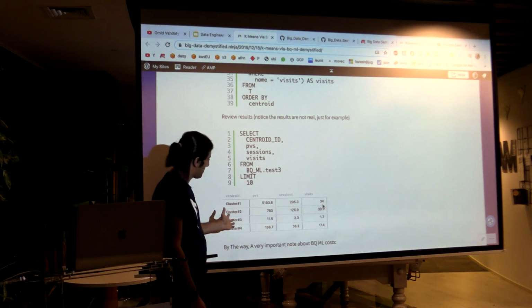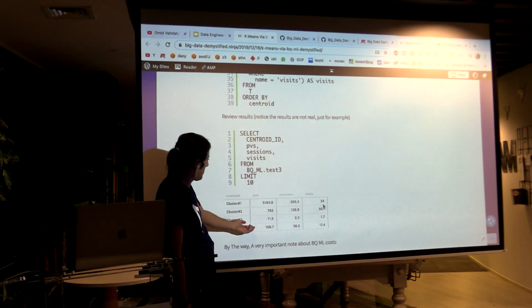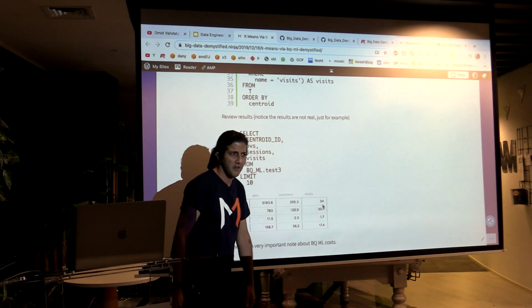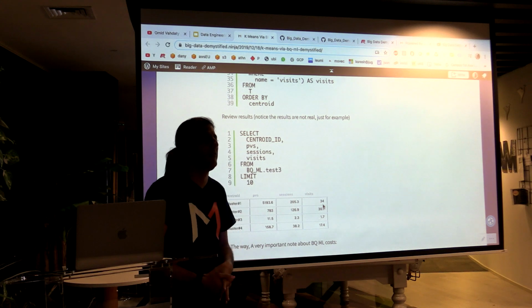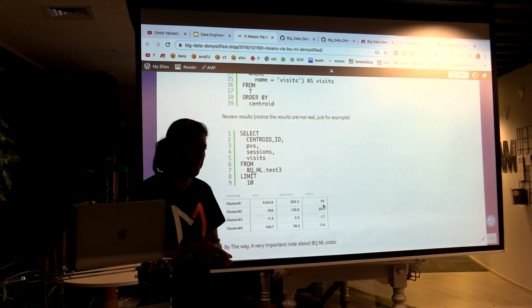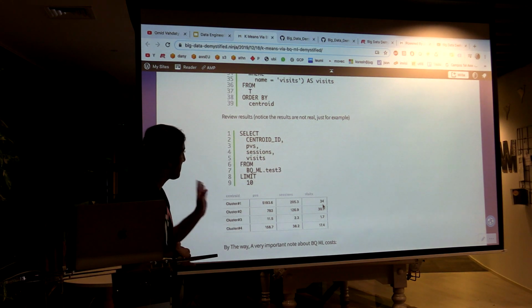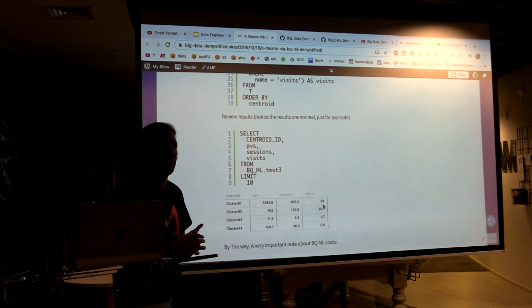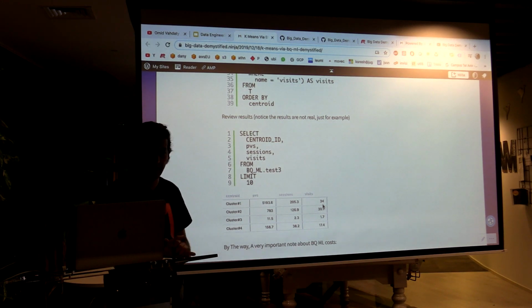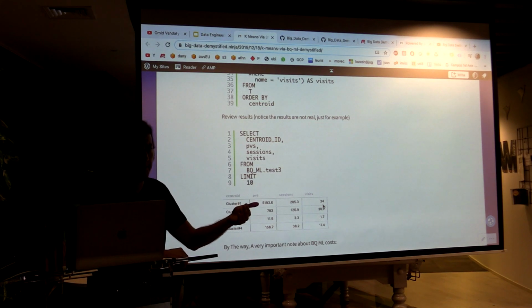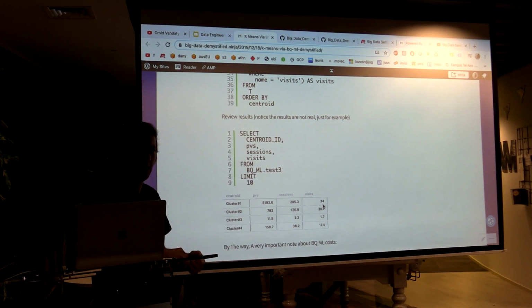You got 4 groups with the amount of page views, the amount of sessions, and the amount of visits. Very simple way to save a lot of effort in terms of data science, to do some benchmarking, to test your hypothesis. This is not a production-grade solution. Google does not recommend using BigQML for production. The main use case is to test your hypothesis without a lot of knowledge in data science and machine learning, and then pass it along to your data science team.